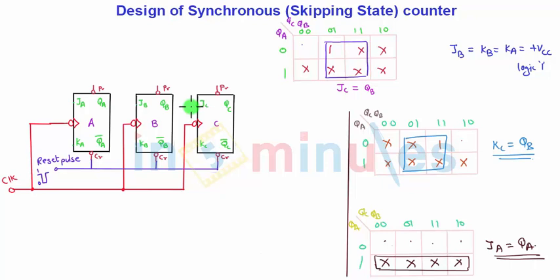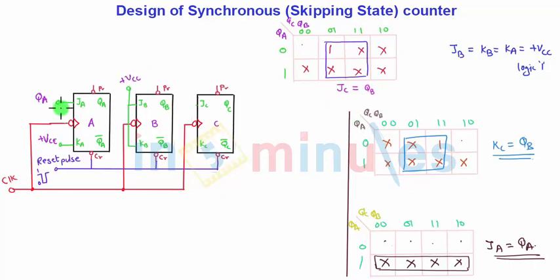Now what we can do here is, since JA is connected to QA, I'll name it QA. KA is connected to VCC. So once again, I'll put up the point and name it as plus VCC. JB and KB both are VCC. So I will short JB and KB. I'll put there plus VCC point. And JA is connected to QA. Already I have mentioned.